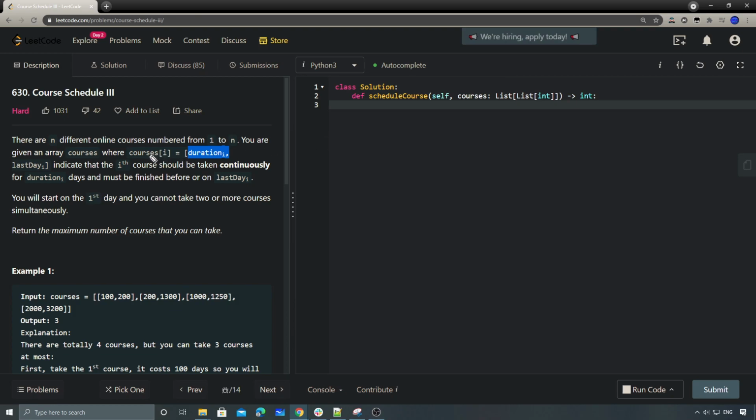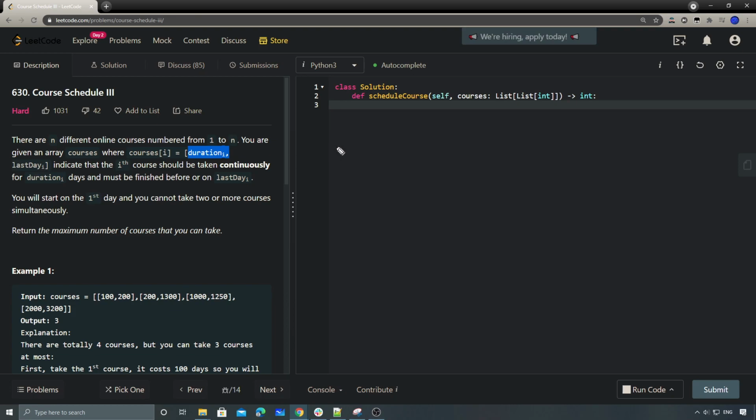For example, if we can process 2 courses, and one course has a smaller duration but a bigger last day, and the other course has a bigger duration but a smaller last day,